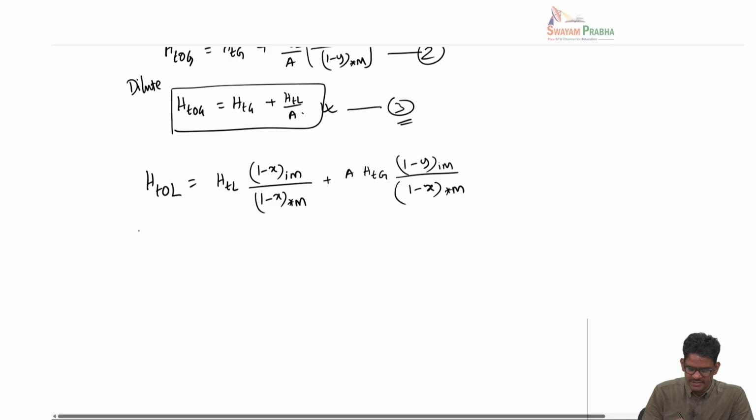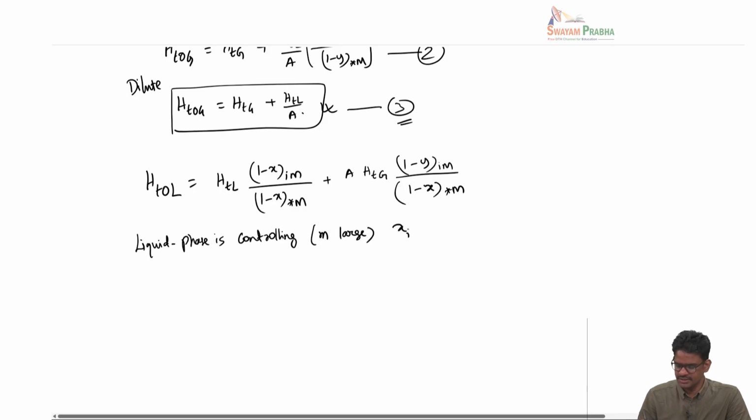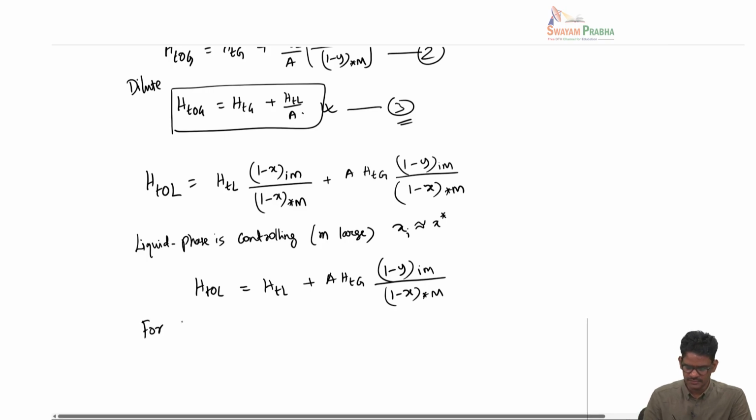Here again you can make an assumption: if liquid phase is controlling, this means M is very large, and this means Xi is almost the same as X star. So you can write HTOL is simply HTL plus A times HTG times 1 minus YIM by 1 minus X star M. And then for dilute mixtures,